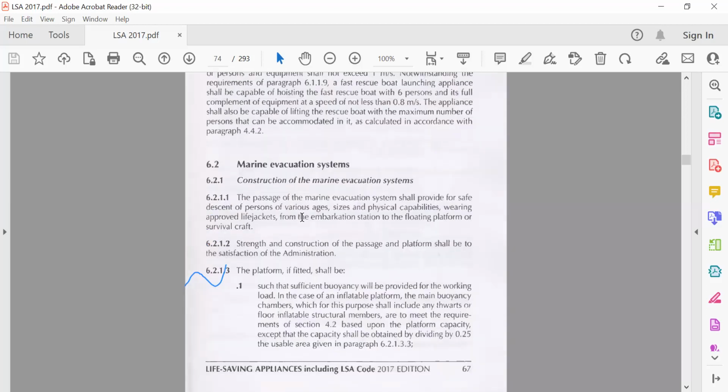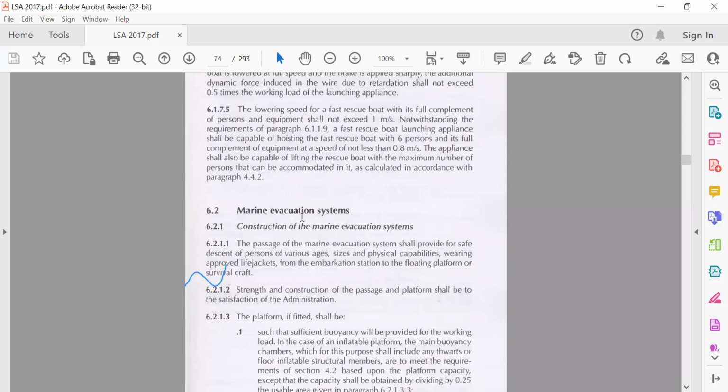Now, if you check very well, what it's trying to say here is that this hoisting, this launching appliance, should be able to carry at least 6 persons or the full complement of that rescue boat, as the case may be. And it has its own statutory requirements, and we should take note that these are given to shipbuilding companies and classification societies also, to ensure that these are complied with in the construction of this